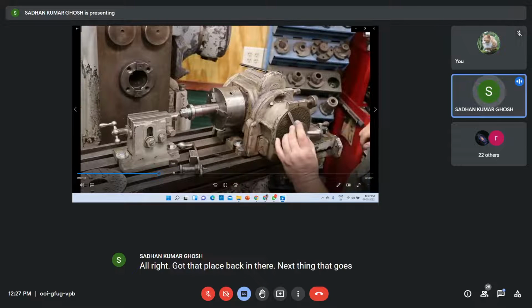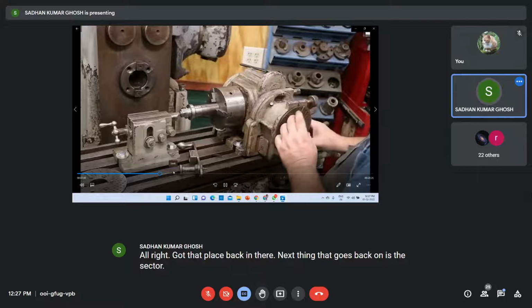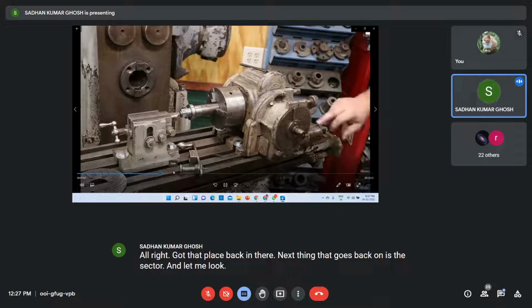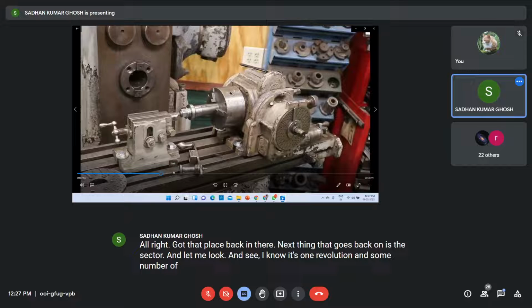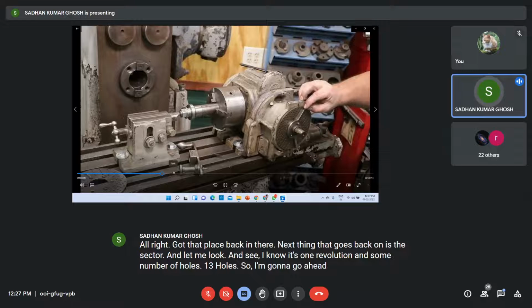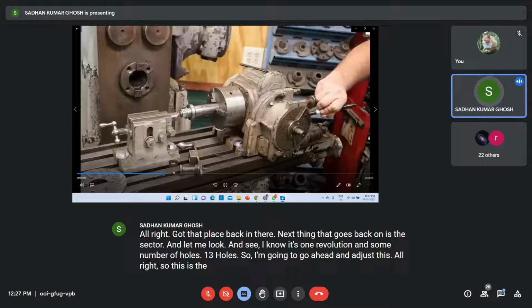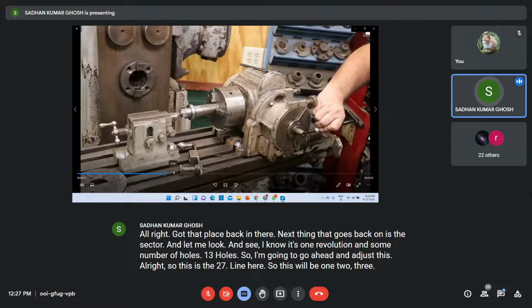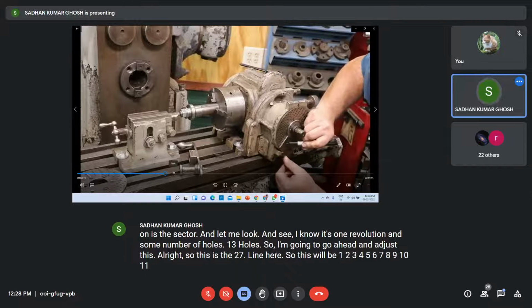Next thing that goes back on is the sector. Let me look and see. I know it's one revolution and some number of holes. It's 13 holes, so I'm going to go ahead and adjust this. Grab a Sharpie pen. Alright, so this is the 27 line here. So this will be 1, 2, 3, 4, 5, 6, 7, 8, 9, 10, 11, 12, 13.